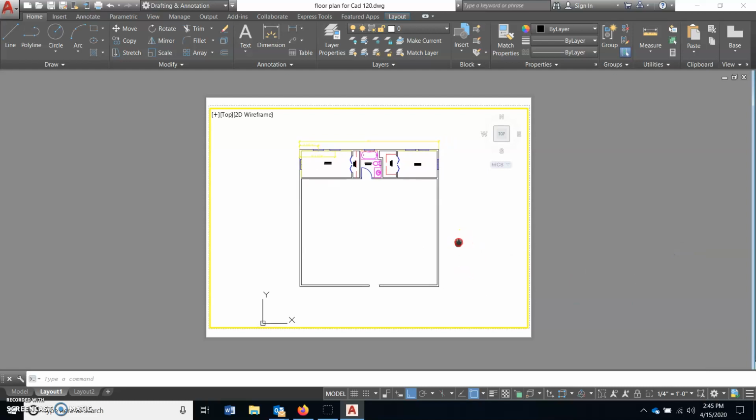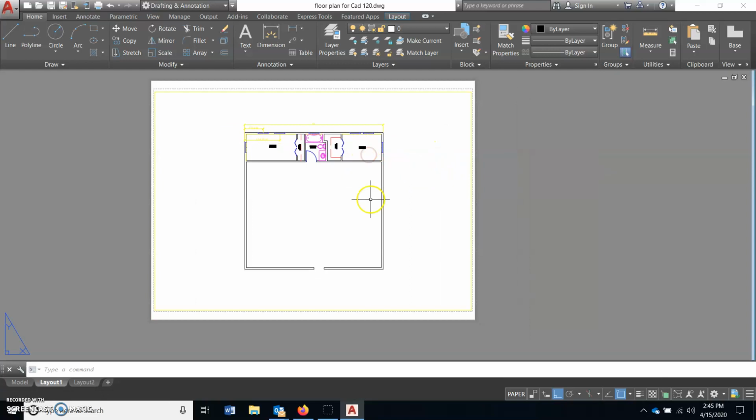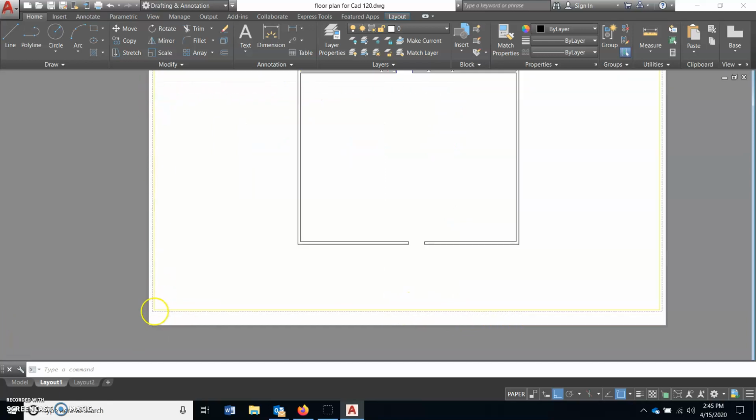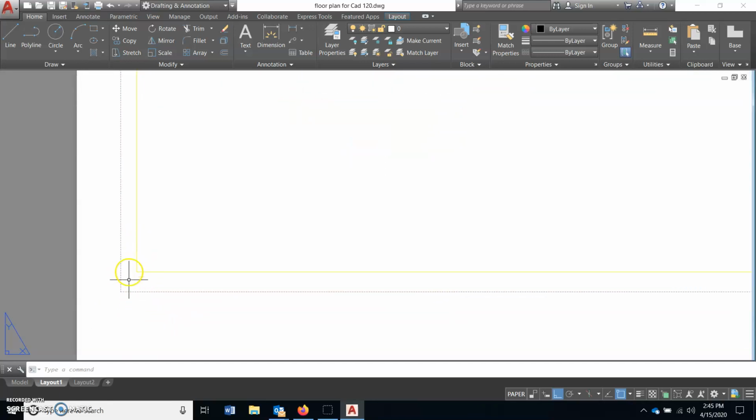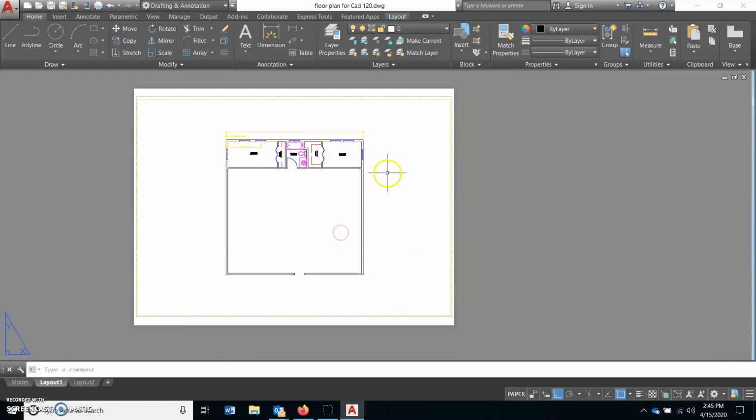What that's going to do is set it up where all of my text, all my dimensions, everything is going to look really good. Now I don't have my title block or anything in here. I hope you would put your title block inside of this. Make sure it's inside the margins. Anything outside of these margins is not going to show. Okay, so when you get ready,